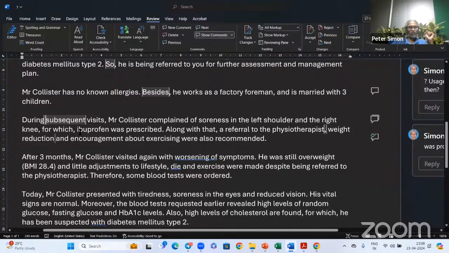For which, after "for which" do you need a comma? Okay. Mr. Collister complained of soreness in the left shoulder and the right knee. For which